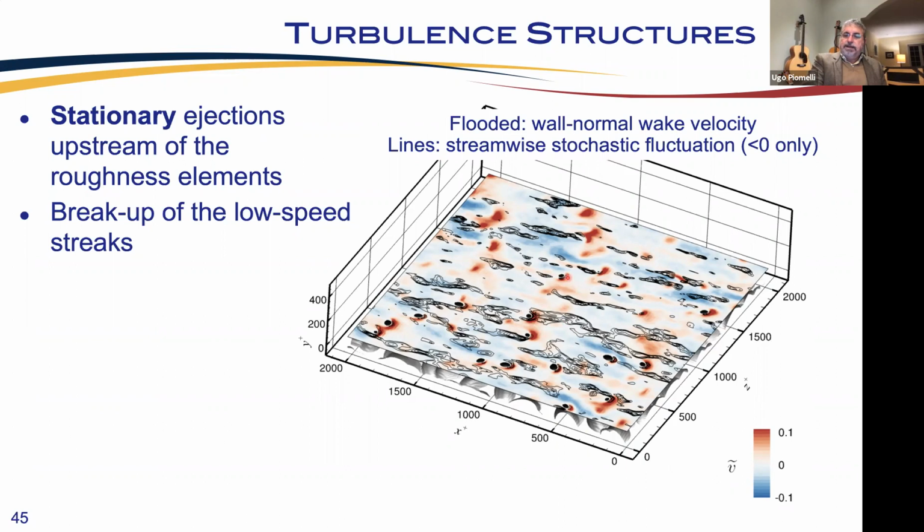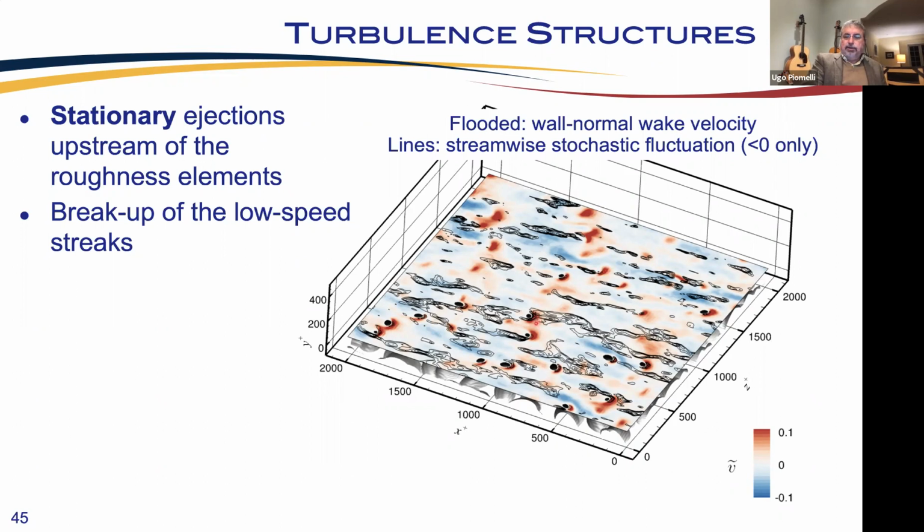Basically, the flow impinges on the roughness element and is deviated upwards and sideways, and the upwards deviation gives you this red ejection. And you see this plane here is very close to the crest, but not exactly at the crest, so that I could show those black marks to show the crest of the tallest elements. But you see here, for example, that there is a jet here that's due to an element that's lower than this plane, but the ejection persists some distance away from the crest of the roughness elements.